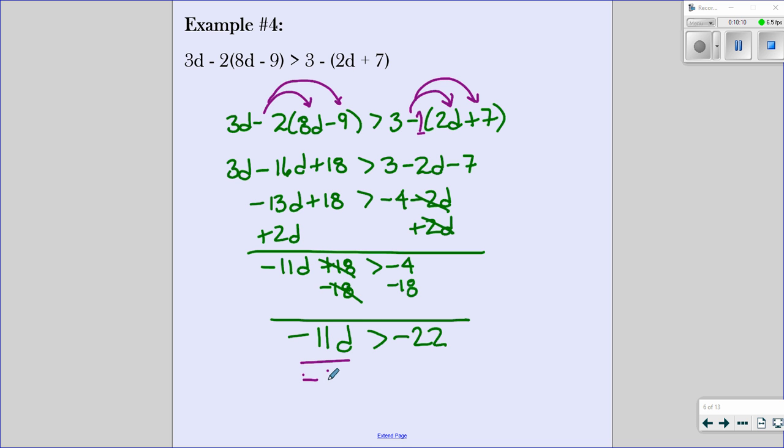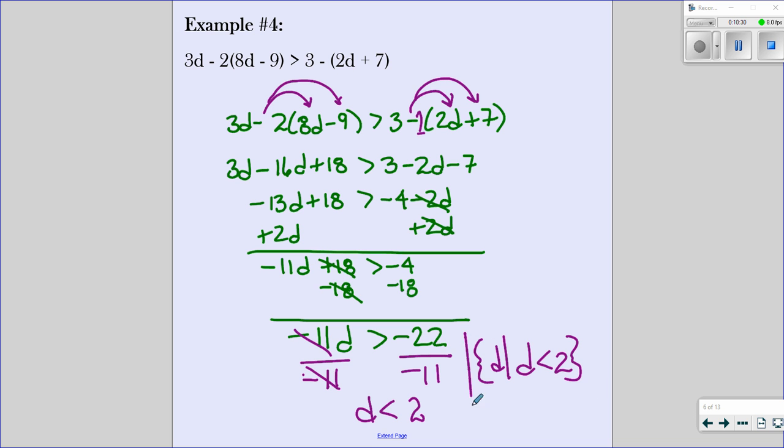divide by negative 11. So since I'm dividing by a negative number, I have to flip the inequality. So that will give me 2. And then I write it in the set builder notation. And then I have my answer. And there you go. So that was solving multi-step